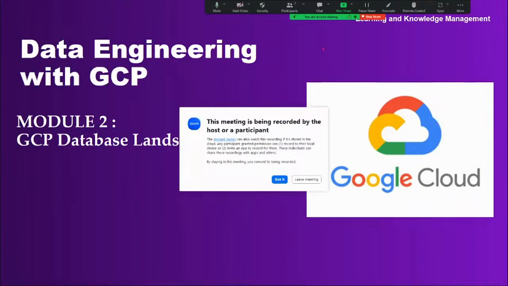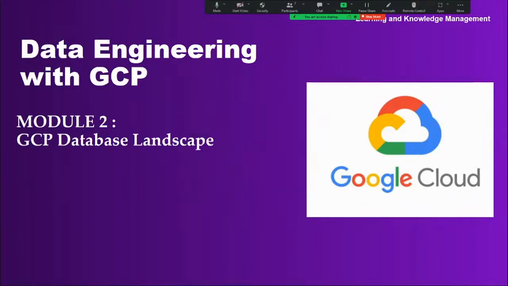From today onwards, we're going to discuss the very first topic, that is, in GCP, we have the GCP database landscape and big data landscape. So one by one, we are going to start. In the first half, I'm going to explain a few concepts related to databases, that is, Google Cloud Storage. And after that, we're going to start with